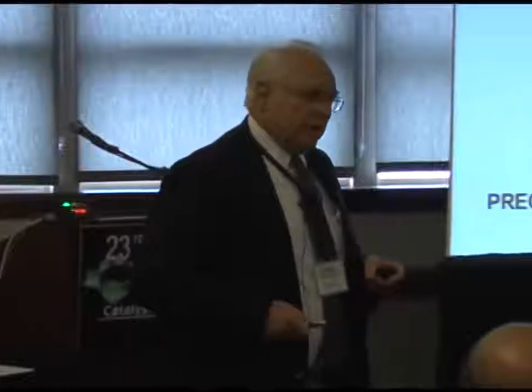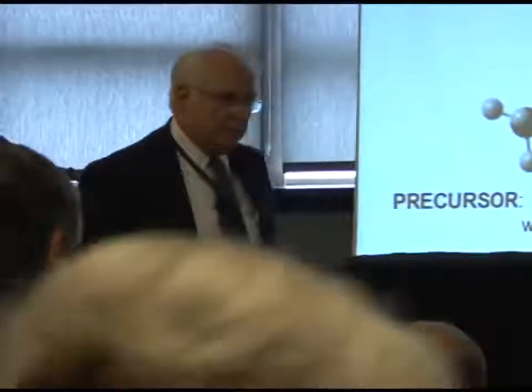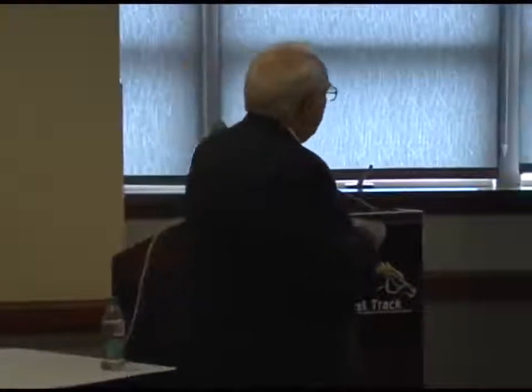Okay, so we make our catalysts, supported catalysts, using reactive organometallic precursors. So here's a prototype. What you see here is a metal atom, and it's rhodium or iridium, and most of what I'll be talking about is rhodium and iridium. This has two pi-bonded ethylene ligands bonded to the metal, and the other ligand, the bidentate ligand, is ACAC, acetylacetonate,